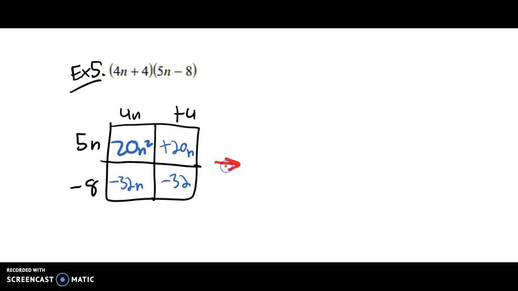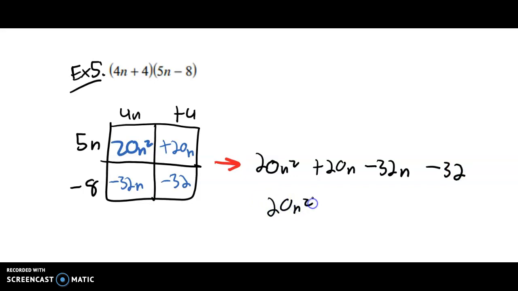So when we go to put all these together, I've got 20n squared plus 20n minus 32n minus 32. 20n squared, nobody to combine with. Great, leave them alone. And then here I've got 20n minus 32n is going to give us a negative 12n, and negative 32 has nobody to combine with. So this